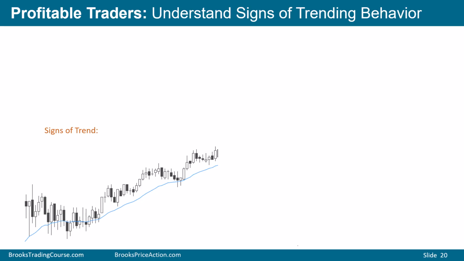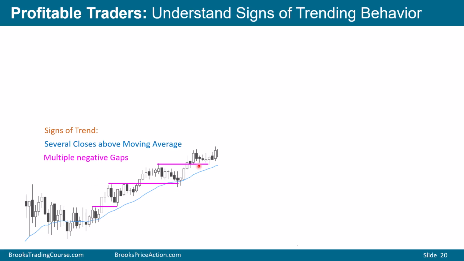So what are signs of a trend? Pause the video and think about it for just a minute. One of the signs of a trend is several closes above the moving average. That's probably the single easiest way to decide if we're in a bull trend or a bear trend. Sometimes you can decide that with 10 bars above the moving average. Sometimes it's 15. Generally, I like to see at least 10 to 15 bars above the moving average before I'll conclude that we're trending. Other signs of a trend, multiple negative gaps.